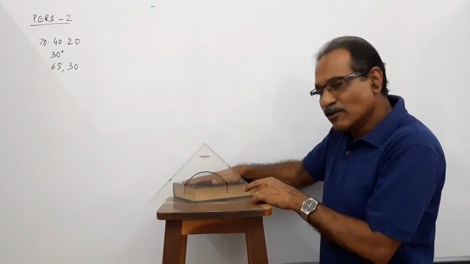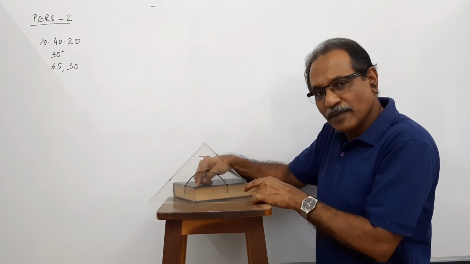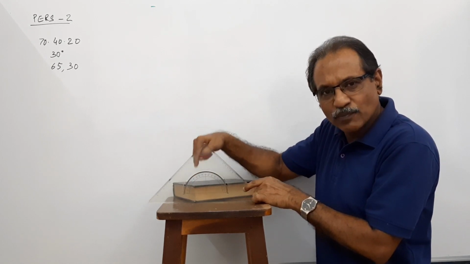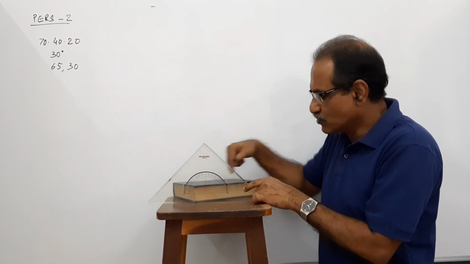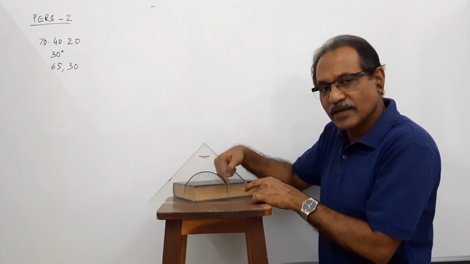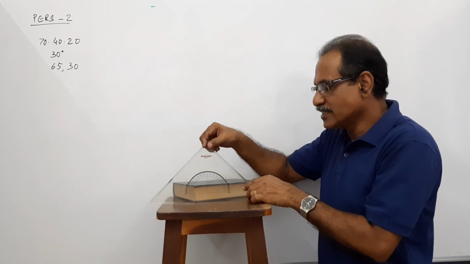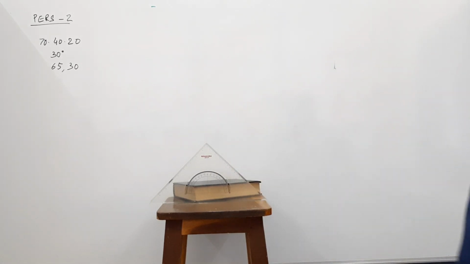So, the rectangular box lies on the ground on the largest rectangular face with a vertical edge on PP. Vertical edge height is 20 on PP, with the larger rectangle containing this vertical edge, that is 40 by 20, 70 by 20 makes 30 degrees to PP. This is the position of the box. Now, the question also says an